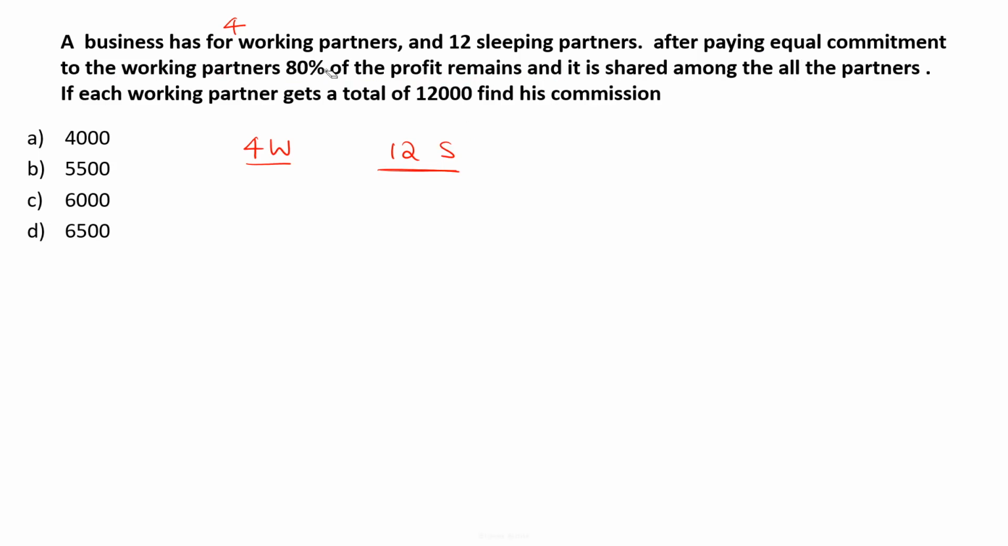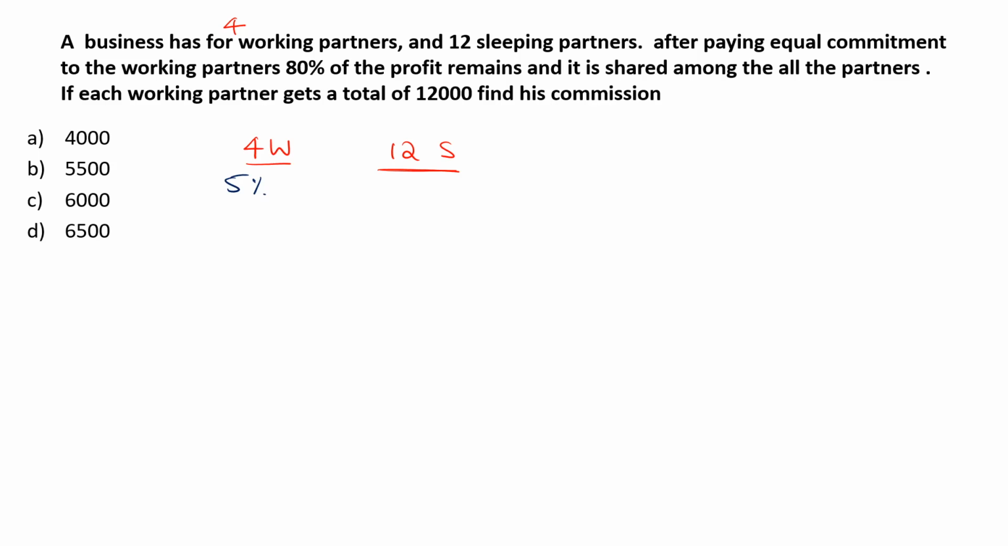That means 20% of the profit was given to working partners as a salary. After giving salaries to the 4 working partners, 80% of the profit remains undivided. That means we have given only 20% of the profit to the 4 working partners, so each working partner is getting 5% as his salary, and the other 80% is distributed among them